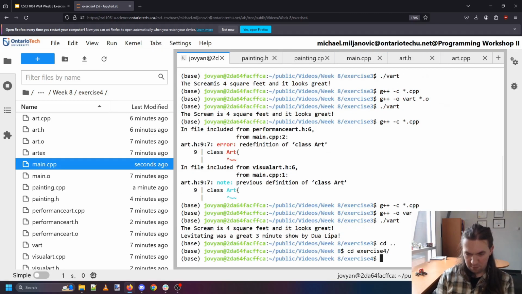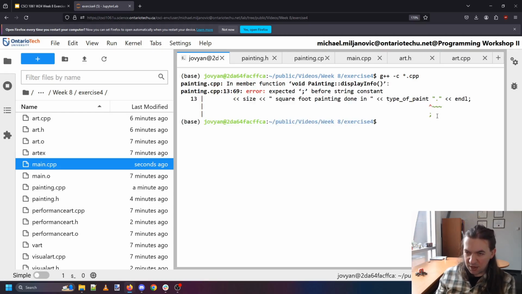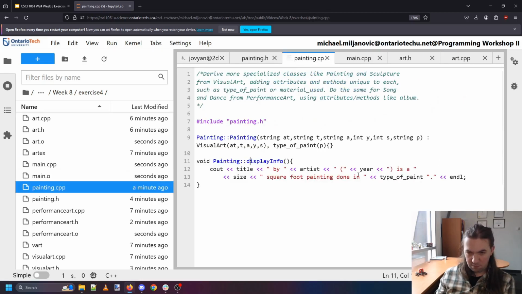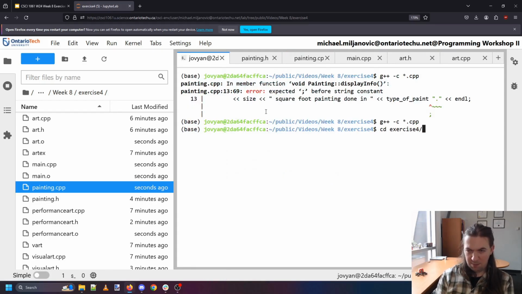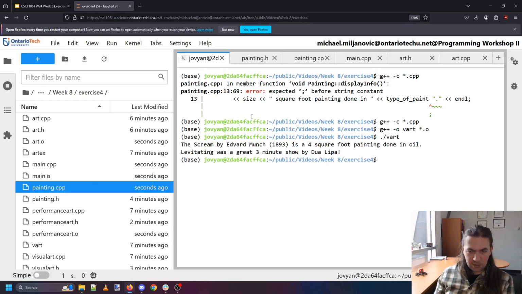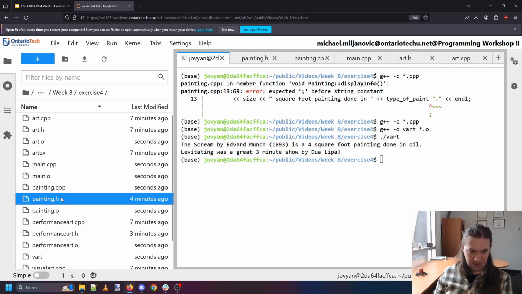In exercise 4, compile all of the code. I missed arrows inside display info for painting, so let's go fix that. Here it is, arrows. Okay, seems happy. Build all my files. The Scream by Edvard Munch, 1893, is a 4 square foot painting done in oil. There we go. Okay. So everything seems okay for now, which means I'm going to duplicate my painting header and